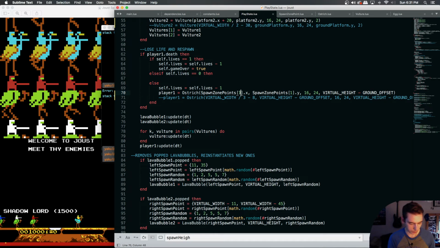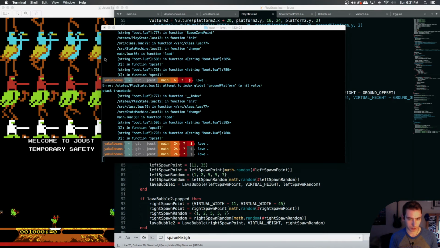So what if we do a spawn point 2, which should be the left spawn point? If we die,